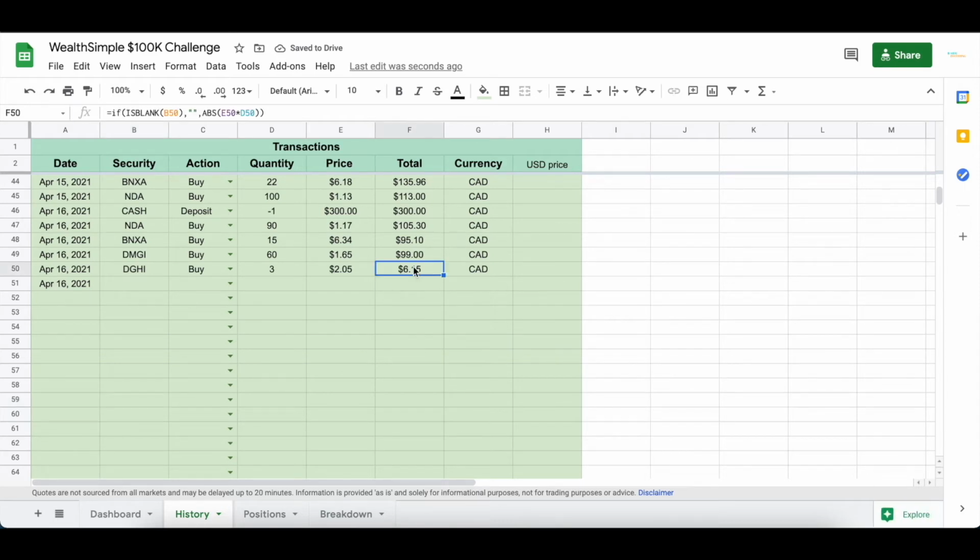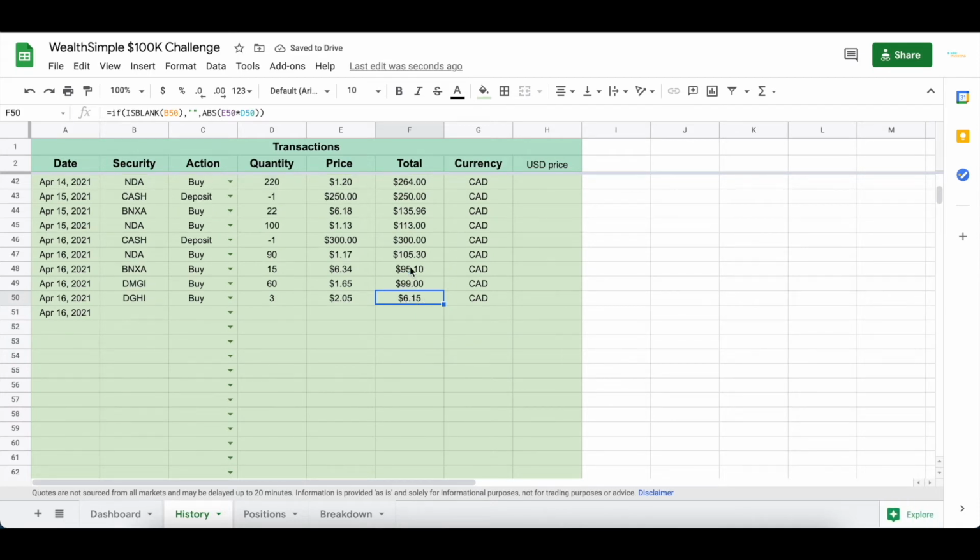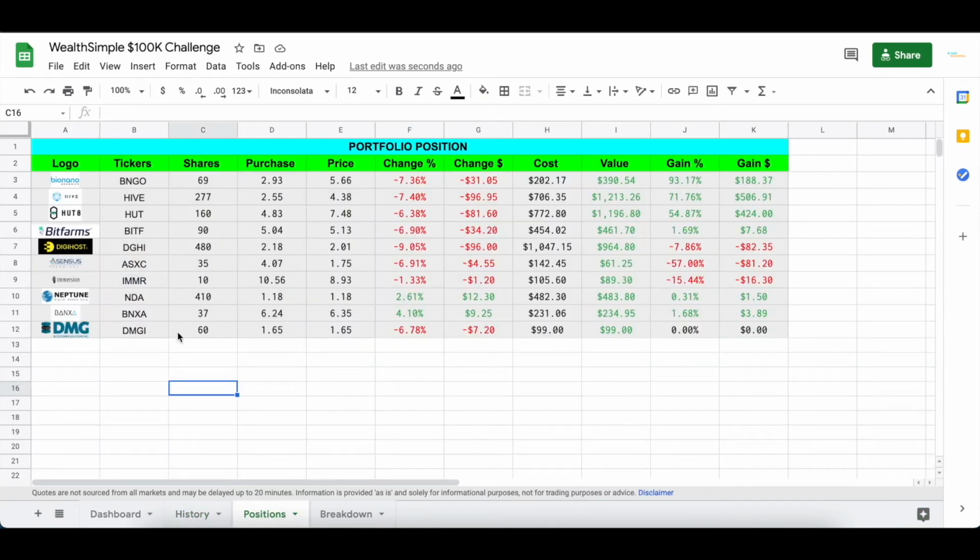And with the total, you see the formula here. If you don't want to type it all the way down there, you could just drag it all the way down. I've already done that, but you can do that, and you don't have to calculate anything. It'll just change once you change the information here. So with the positions,